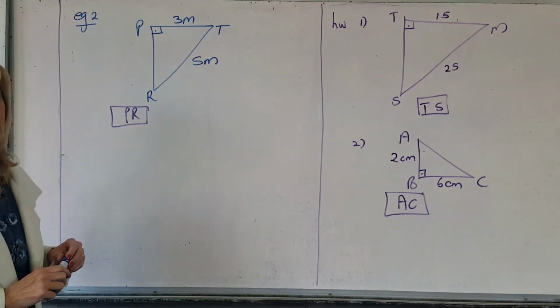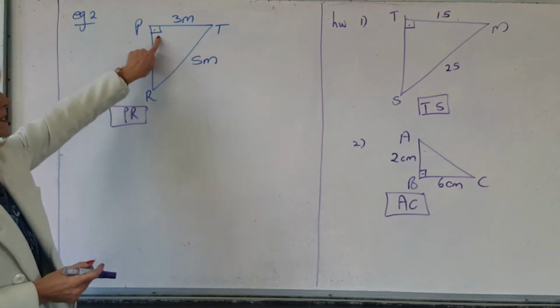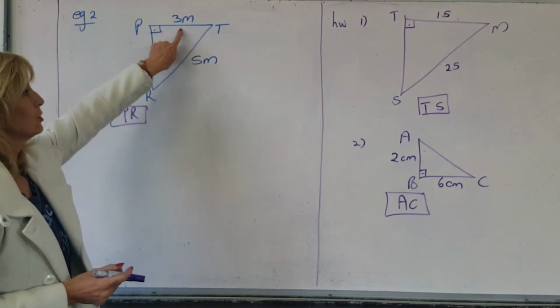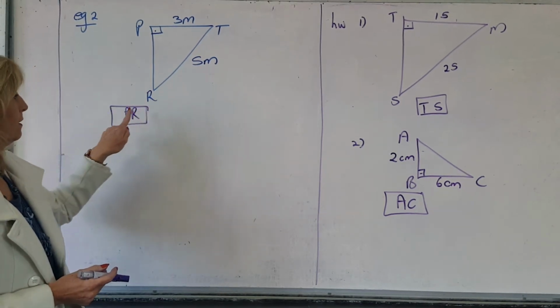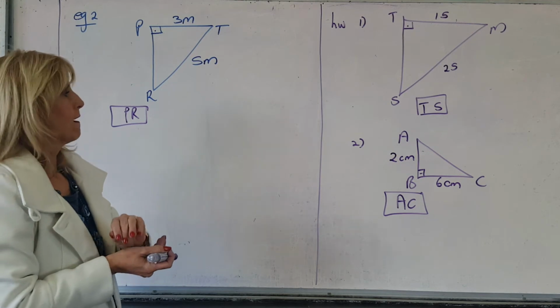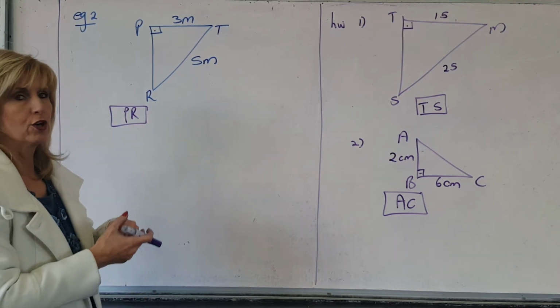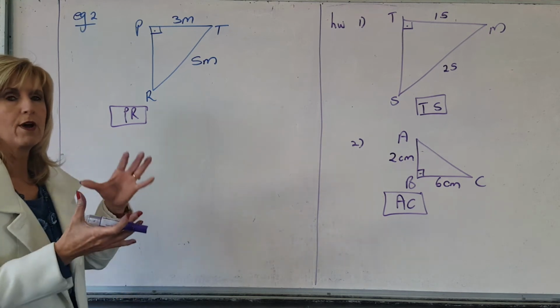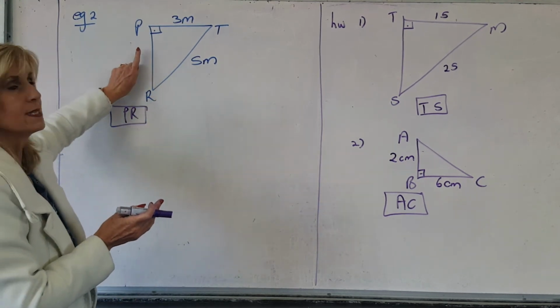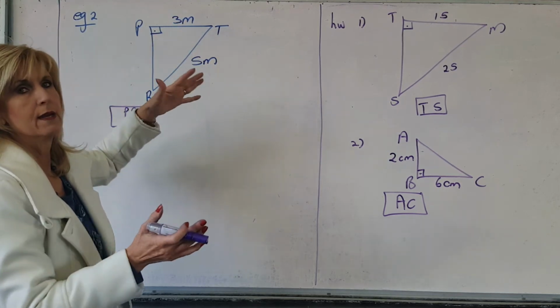Okay, let's look at another example. So you see a triangle. You see it's right angled. You see you've got 2 sides, so you must work out the third side. So the tool that's applicable is not parallel lines, not sum of the angles of a triangle, not vertically opposite angles. The right tool is, if I want a side in a right angled triangle where I have 2 sides,